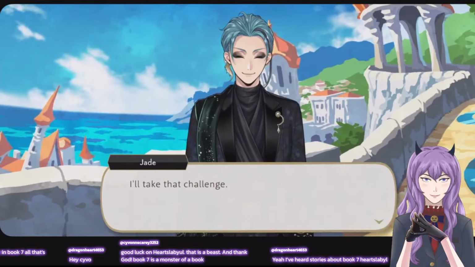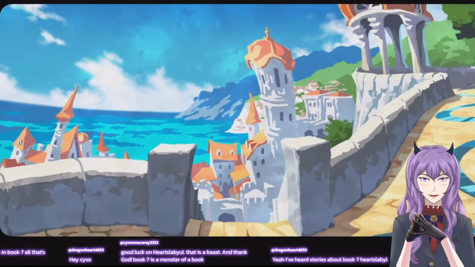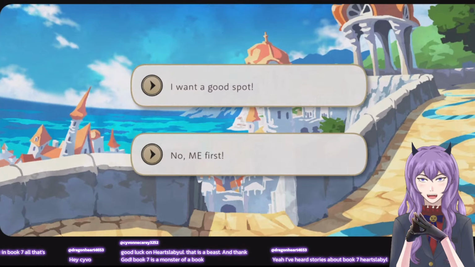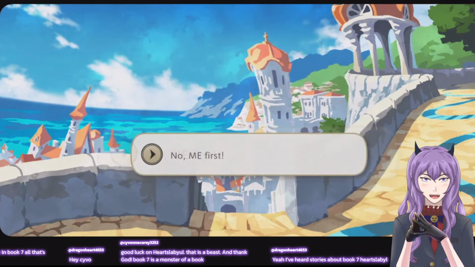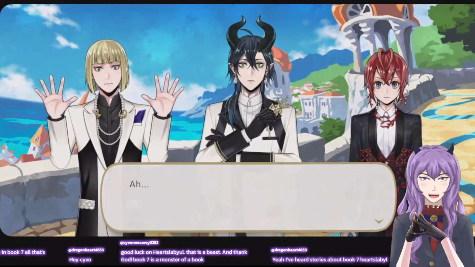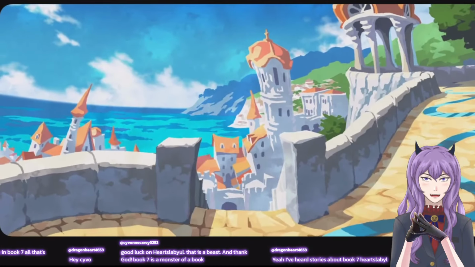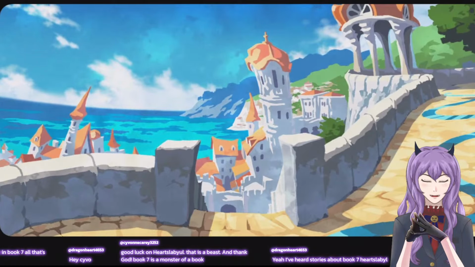Oh wow, that is a huge bench if everyone can sit on it. Why is he running? No, me first. I want to sit. Now everyone's running.